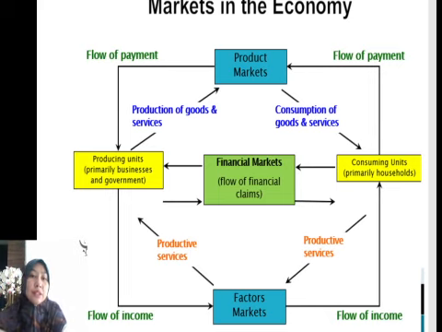So where is the financial market? Okay, so the financial market comes in as the intermediary between these two units, consuming and producing units. When they have a surplus or shortage, the financial markets will appear to link between the surplus and shortage units, using the products that they offer, like financing products and investment products.